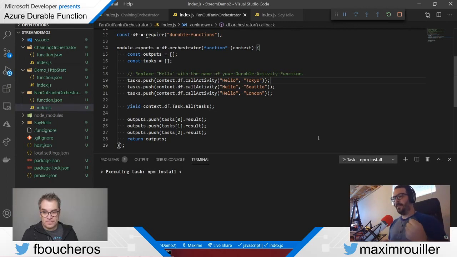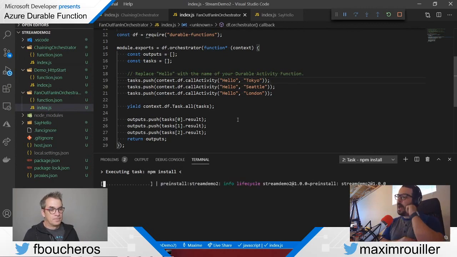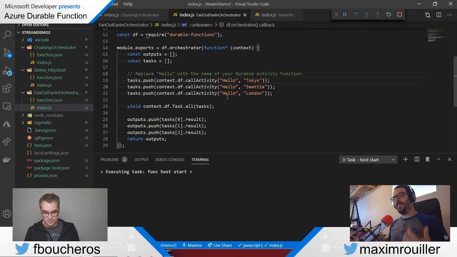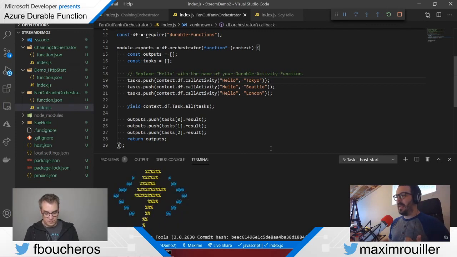All right. So basically, I could loop through all those tasks and just put them into the output, or I could use Lodash and do something with that as well. Still fine. But what we just did here is that all those functions are not going to be called at the same time, but they're all going to be scheduled to start at the same time. And since we're locally on our machine, that means they're going to be running sequentially. However, if you get into the cloud and that number of activities gets high enough, what's going to happen in the end is,